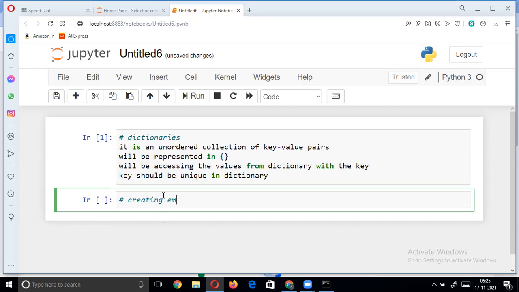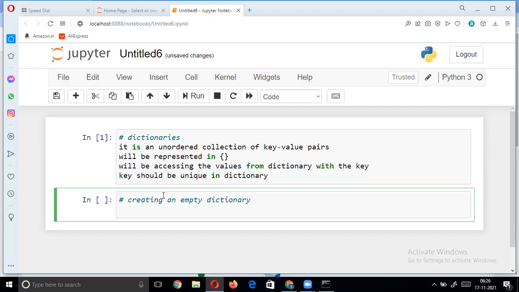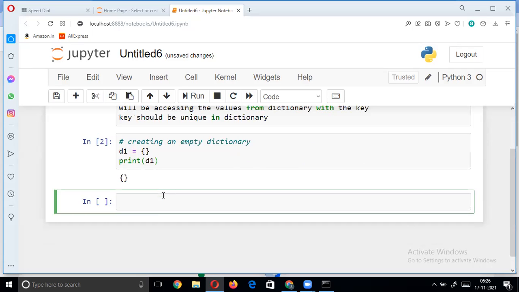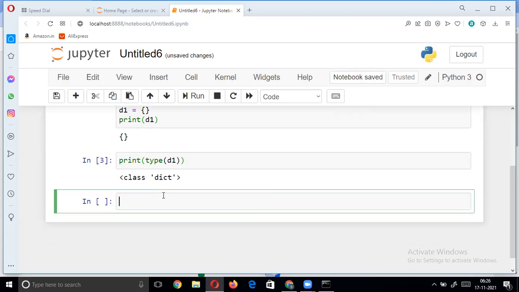Creating an empty dictionary. D1 is the variable name I'll be considering. So this is one way of creating an empty dictionary. And if I check the type of D1, it gives dict.